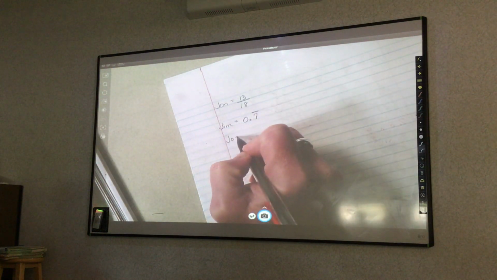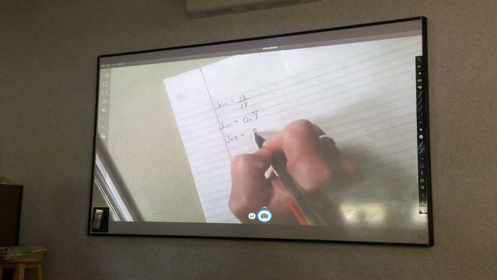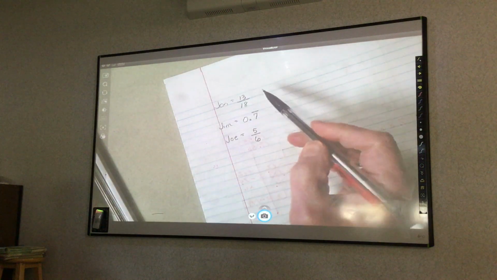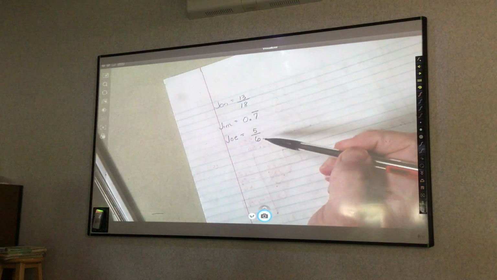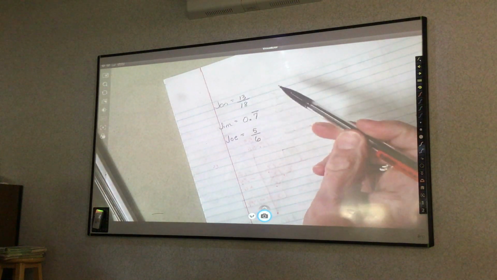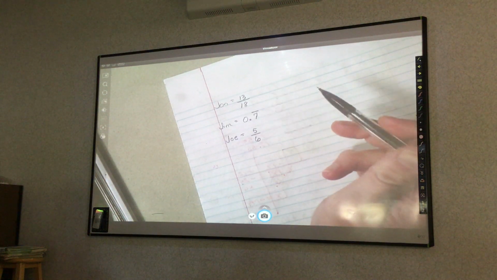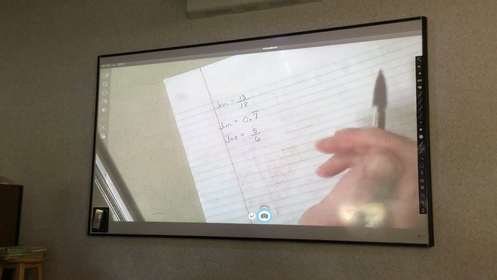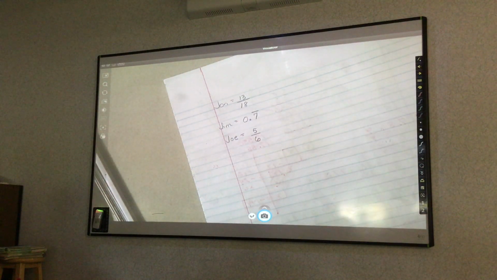And Joe said he got 5/6. Who had the higher grade? Well, I have 2 fractions and 1 decimal. Can I compare fractions versus decimals? No. We either need to change it all to fractions and then come up with the common denominator, or